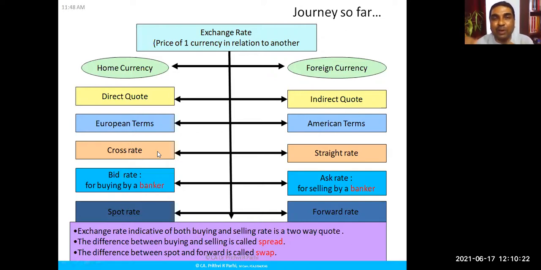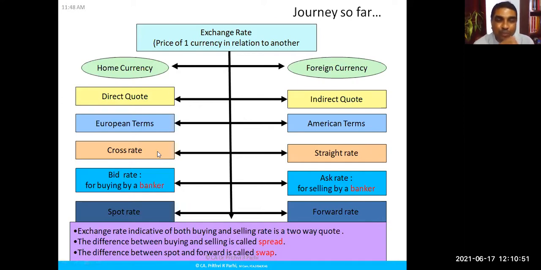For example, you have dollars and you want to exchange them. You might be thinking you are selling dollars, but it is the bank that is buying the dollars. So the buying rate will be applicable. For example, let us say you have $1 lakh and the buying rate is 80, selling rate is 82. When you go to the bank, the bank will give you as per its buying rate. It will give you 80, so 80 lakh rupees you will be getting.